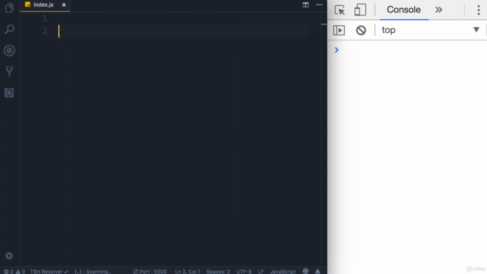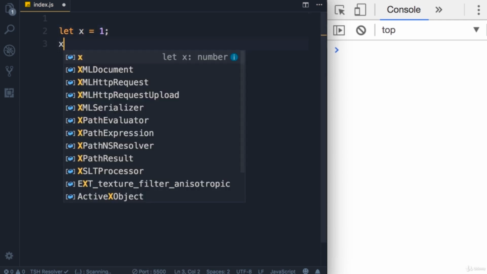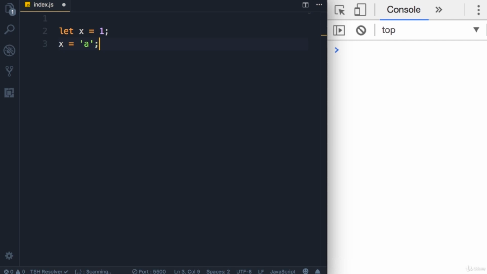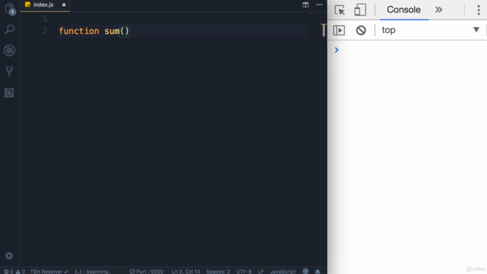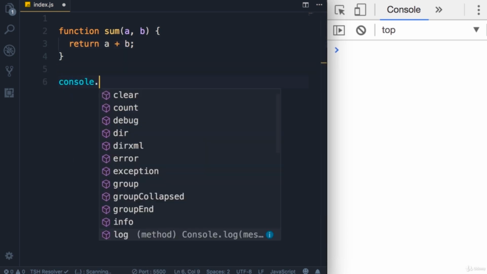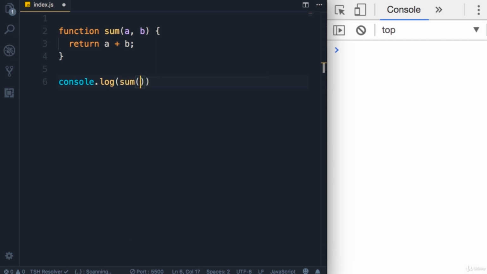Earlier in the course, you learned that JavaScript is a dynamic language. So we can declare a variable, set it to a number, and then change its type and set it to a string. And that's perfectly fine from the perspective of a JavaScript engine. This is one of the characteristics of a dynamic language. But we have the same concept in the arguments of a function. So I'm going to define a function here, call it sum, that has two parameters, a and b. And here we simply return the sum of a and b. Now let's do a console.log and call the sum function, pass 1 and 2, save the changes,